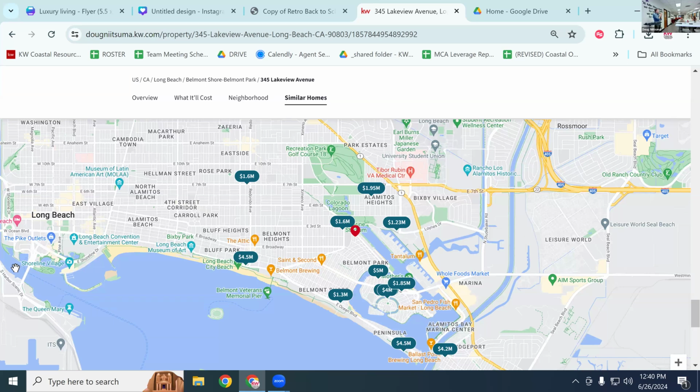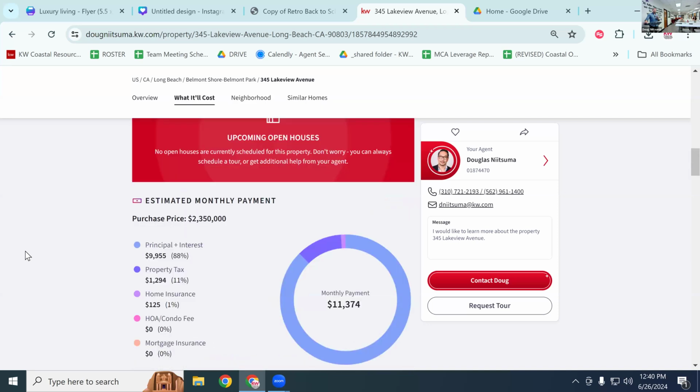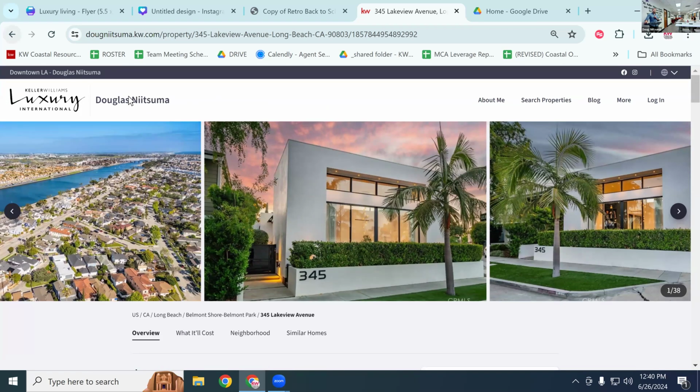Like this would be a powerful tool during a listing appointment. Yes, to show how we're advertising your property. Absolutely. But I don't have the listing yet. Can I still utilize this? Yes, absolutely. Absolutely. You're always going to want to make sure that you're on your website,